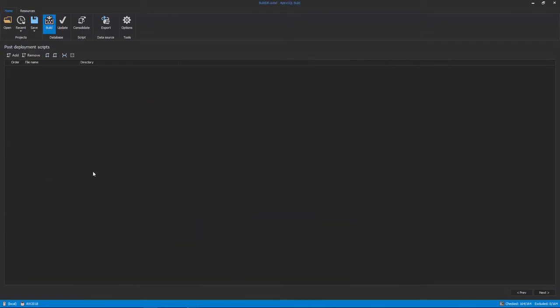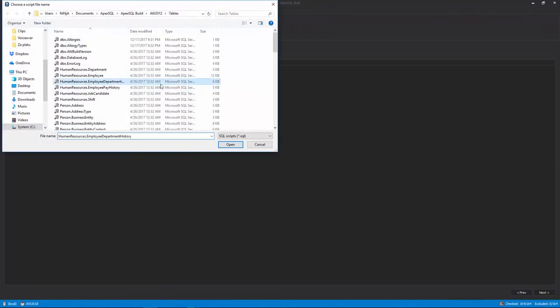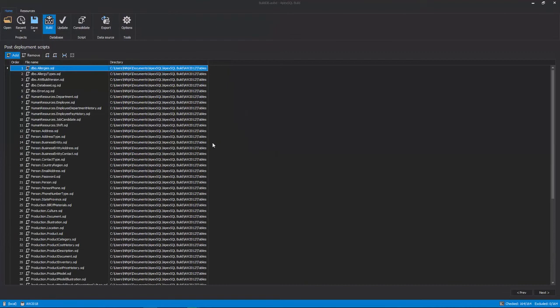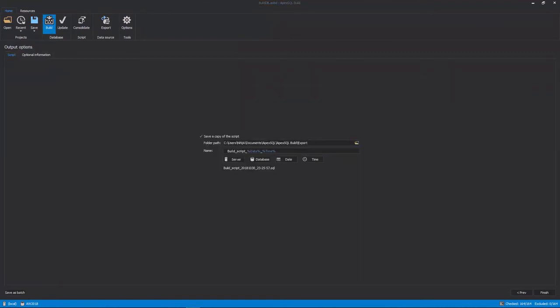Once the static data is included, optional post-deployment scripts can be loaded in the next step, if there is a need to execute any SQL script immediately upon creating the new database. In the last step, the Output Options step, there are 2 tabs for setting any final options before the build process is initiated. 1. The Script tab, in which file location and name can be provided in order to save the build script. 2. The Optional Information tab, in which the previously mentioned optional output elements can be set, along with the script's version number option and the increment build number automatically option.